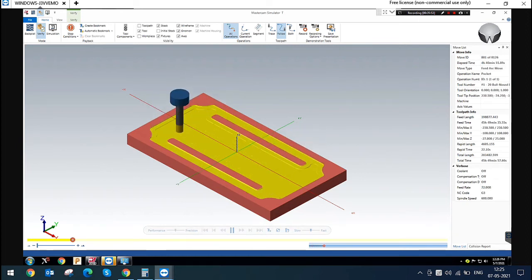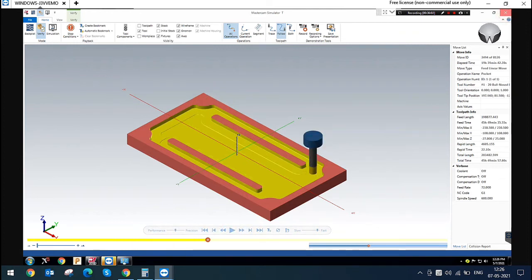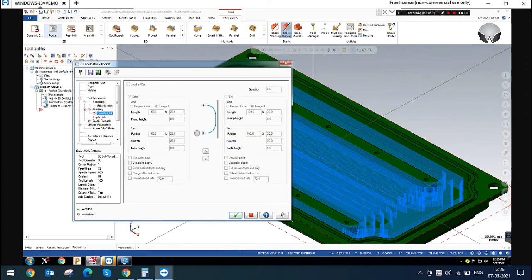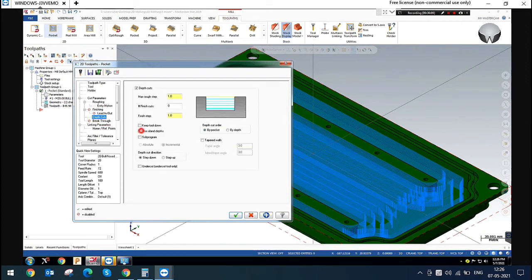How can we remove from the depth? That is the option called use island depth in depth of cuts. Use island depths.